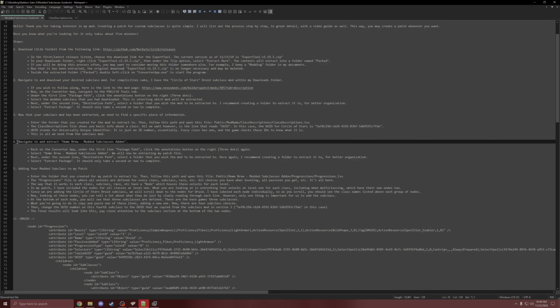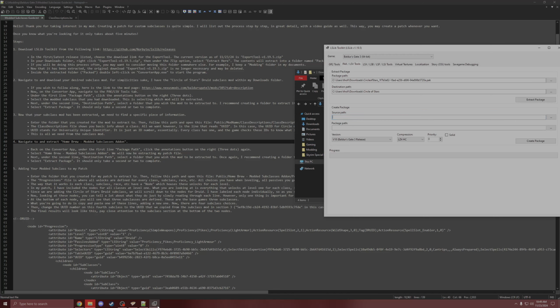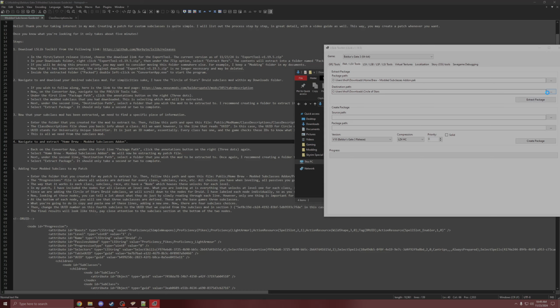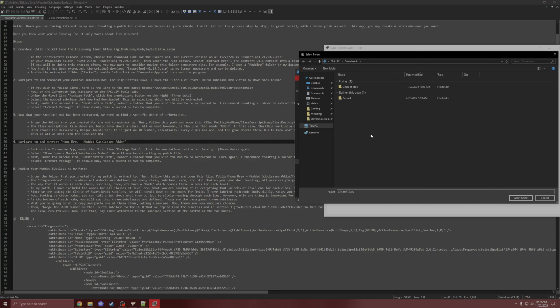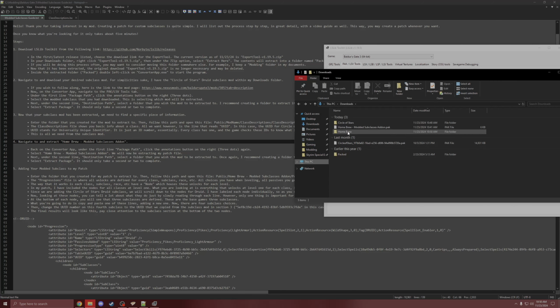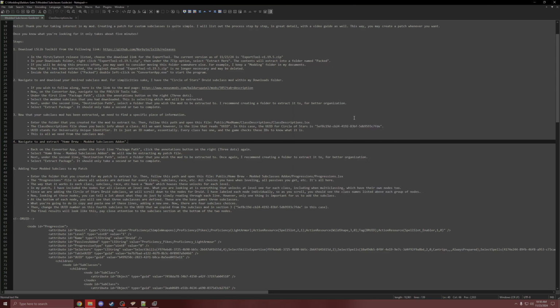So next step is to navigate to and extract the Homebrew modded subclasses add-on. So go back to my downloads folder again. That's on my desktop. Just gonna paste that over here, and we are going to extract it, and we want it in its own folder as well. So I'll just say Homebrew or something. Drop it in there. And now we are going to go to public, Homebrew modded classes subclasses add-on, go to progressions, and the progressions